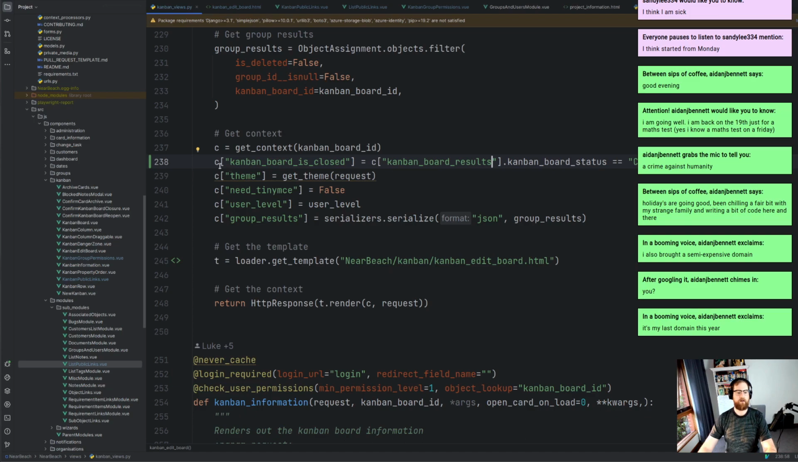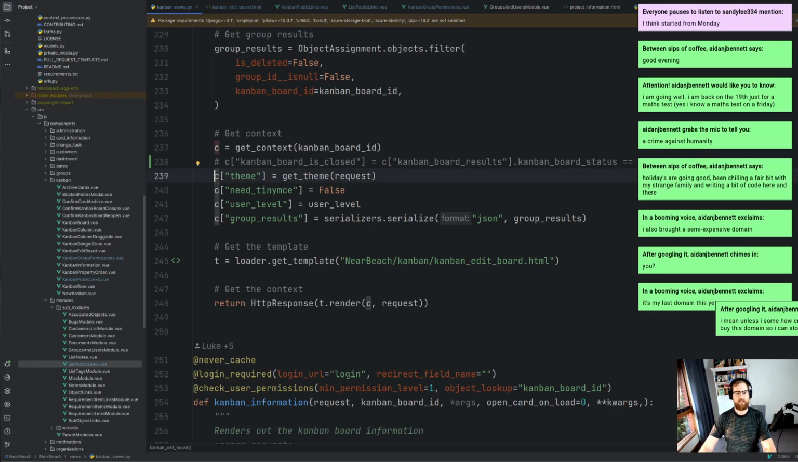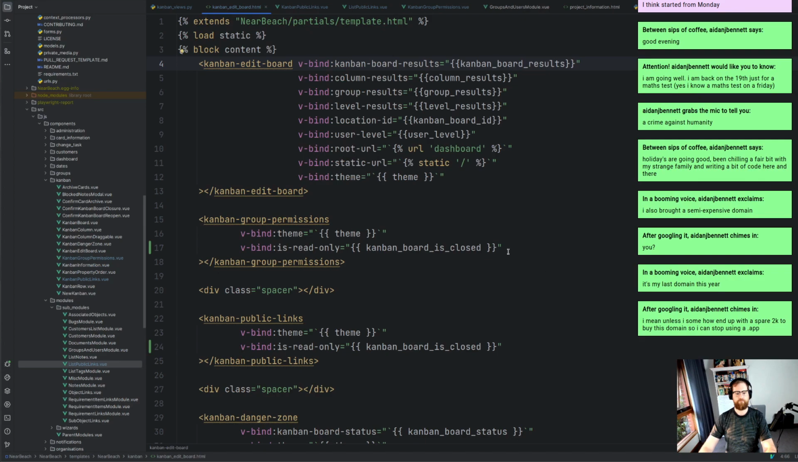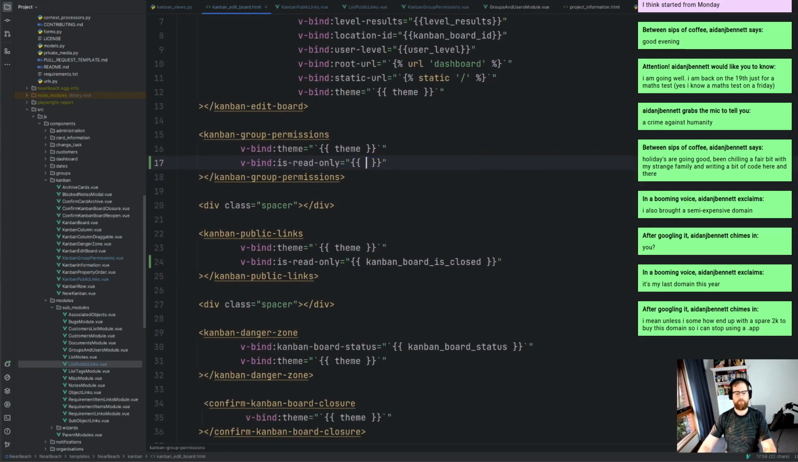Damn it. All right. I'm just seeing one little tiny thing. Kanban board status equals closed. And if I do it like that,